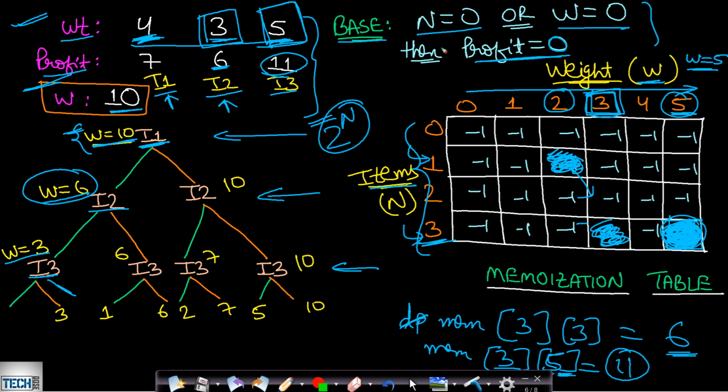So the only thing is that we should know about the base cases and we should be able to write the recursive code. Once you write the recursive code, you can add 2 lines into this recursive code in order to get this memoization code. Okay, and you need to include a data structure. So for that you need to identify the states. This will come with practice.